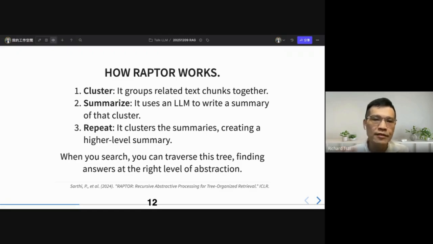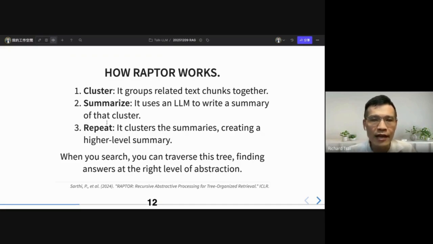It repeats this action. So when you search, you can traverse this tree, finding answers at the right level of abstraction. It is actually a bottom-up fashion, from the small pieces of information to the middle to the broad.